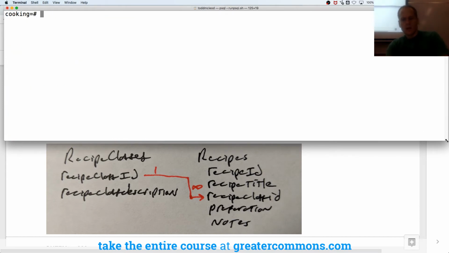So I'm going to do select. And I want recipe type. I'm going to do it left to right. Control C, Control K. Select recipe class description, recipe title from recipe classes, working left to right. Recipe classes,